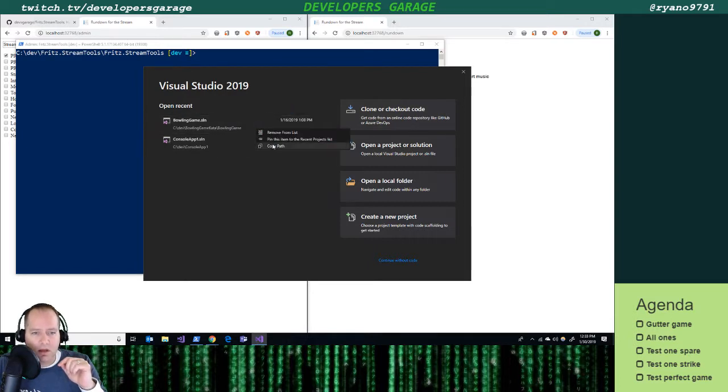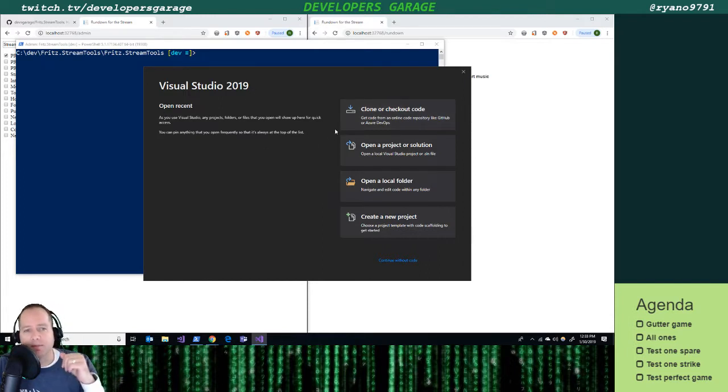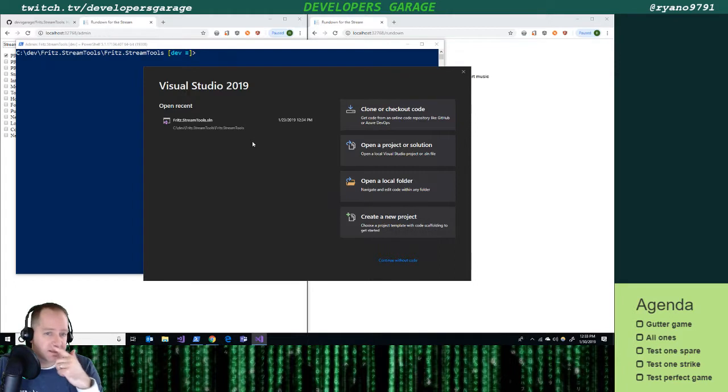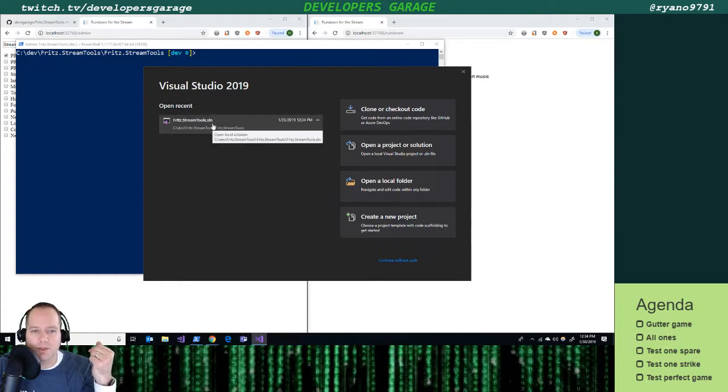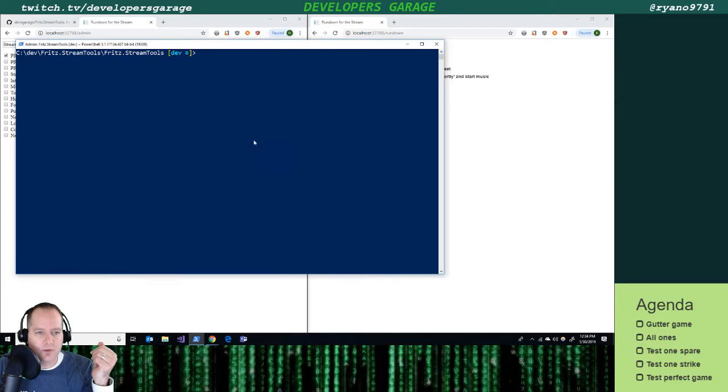Let's get rid of that. Remove from list. Remove from list. All right. I want to try out some of the new tools, see how they work for us. So we're going to try and use some of the latest stuff here. Visual Studio 2019, this is Preview 2. If you're still running on Preview 1, go ahead and get Preview 2. Go out to visualstudio.com or .microsoft.com and hit download. Or once you load up a project here, like we're going to load up our StreamTools,